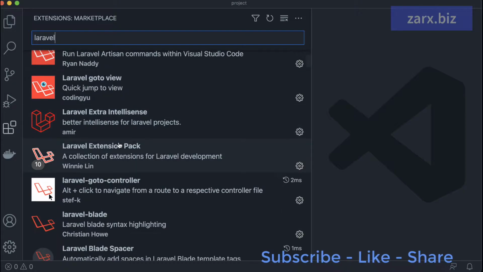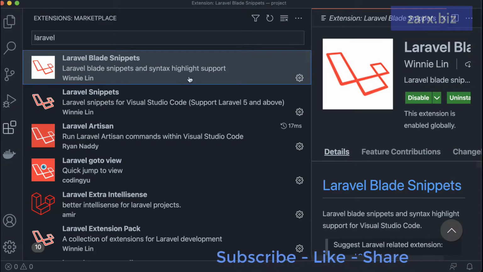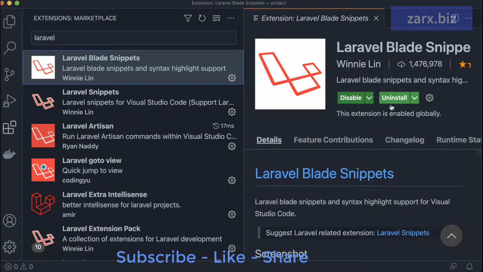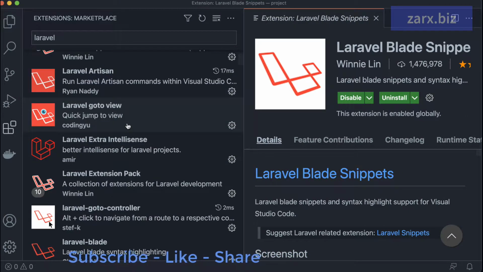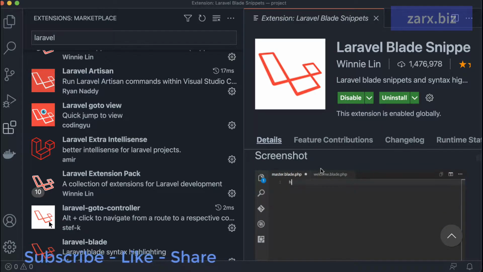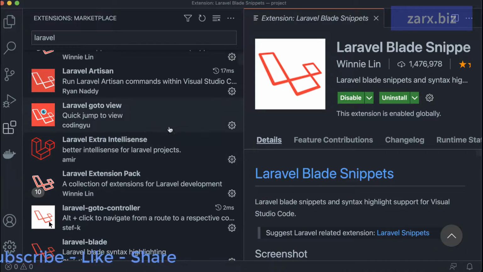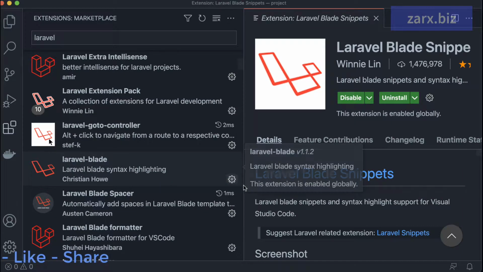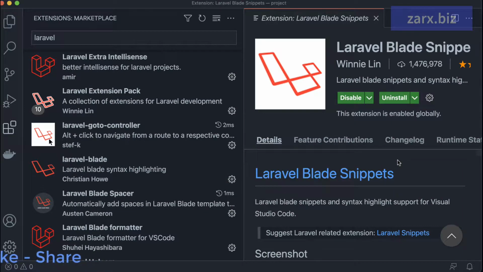Laravel Artisan. So if you click on these, I have these installed already. You can see that there. It says uninstall. So you can read the description, what this does and how it works. Basically, these are going to give you the syntaxes and also going to give you some functionality to make your